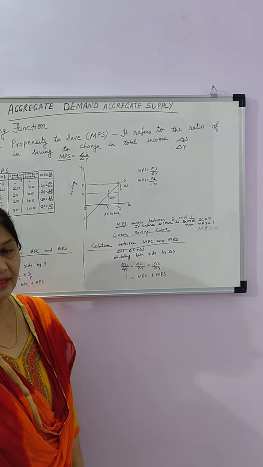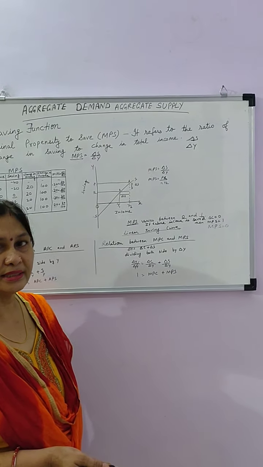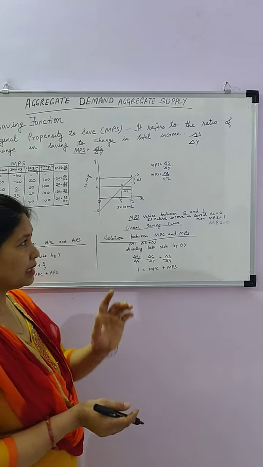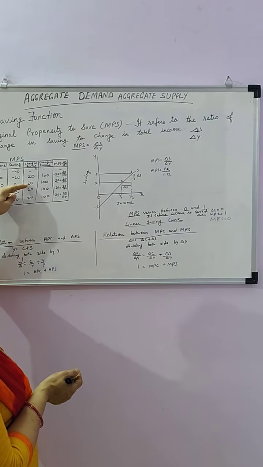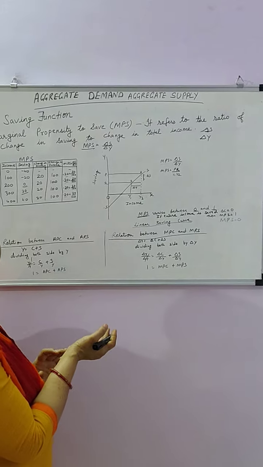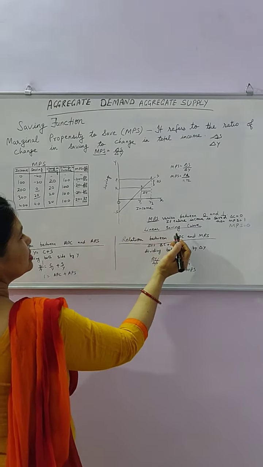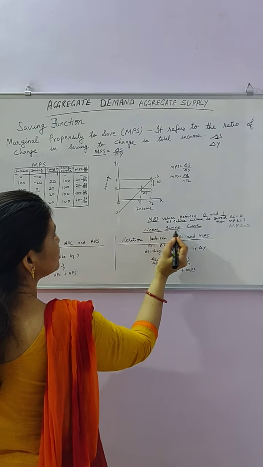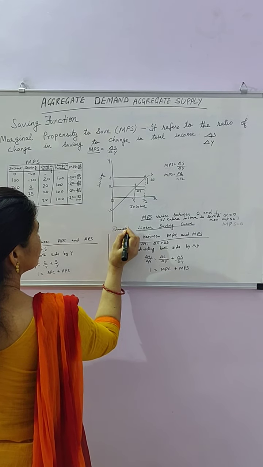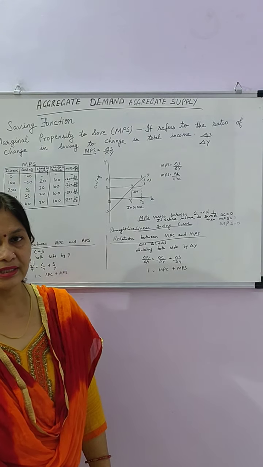And this is known as the linear saving curve, because a linear saving curve always comes when your MPS is constant. When your income increases in a constant proportion, your saving also increases in a constant proportion. That means it cannot change. Like here your saving always increases by 20 crores, it is constant: a 20 crore rise in saving because of a 100 crore rise in income. So because of this constant MPS, your saving curve will be known as a linear saving curve, a straight line. Now understand, all students, what is MPS.